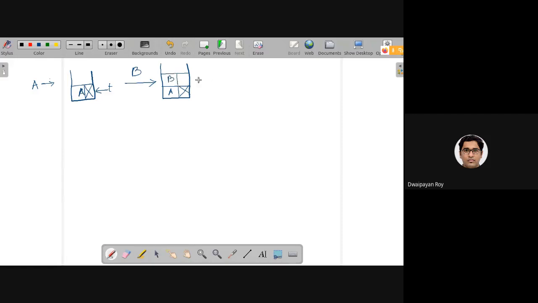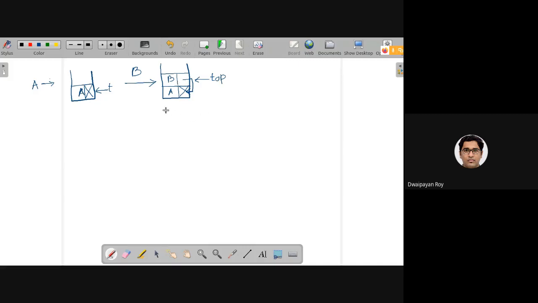And how are we going to do that? We need to point the top. To do that, while creating the node, B will be created, the data part will contain B, and the next part will contain null. So we need to change this to the earlier top, and make the present node the new top.